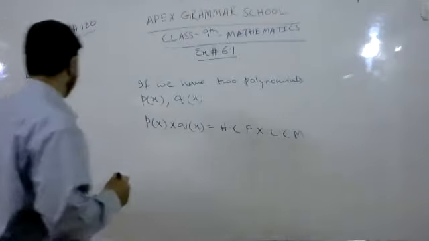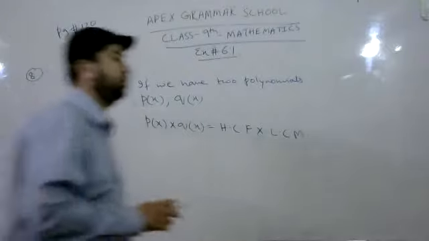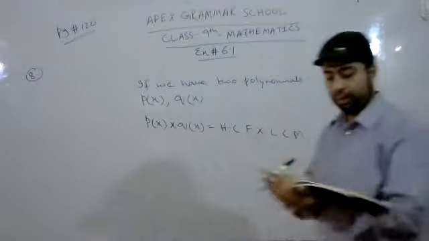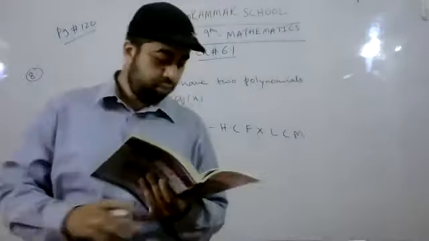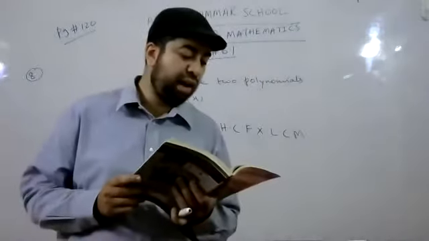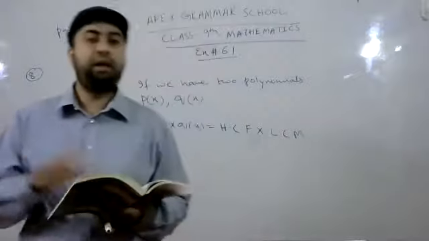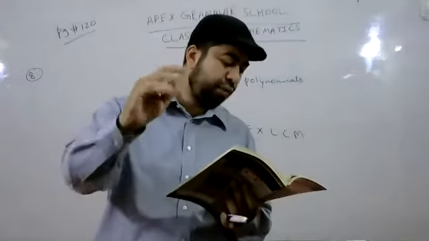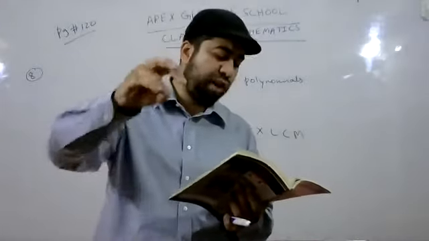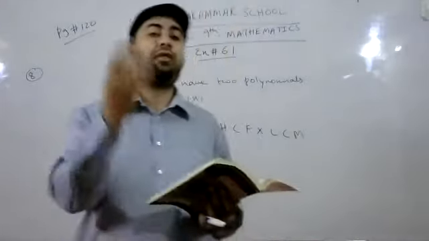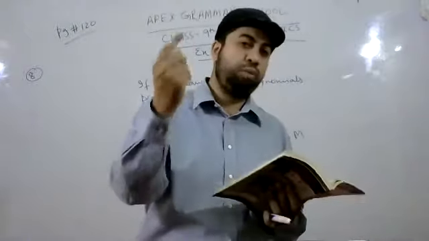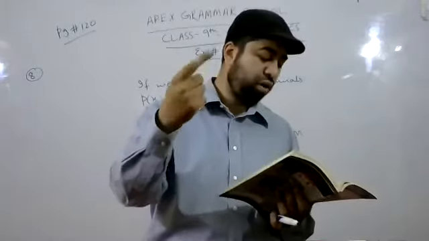This will apply here in question number 8. So the question number 8 here is: open your books and on page number 120, read the question number 8 statement, that is the LCM and HCF of two polynomials P of x and Q of x. You can see that four things are used: LCM, HCF, and two polynomials P of x and Q of x